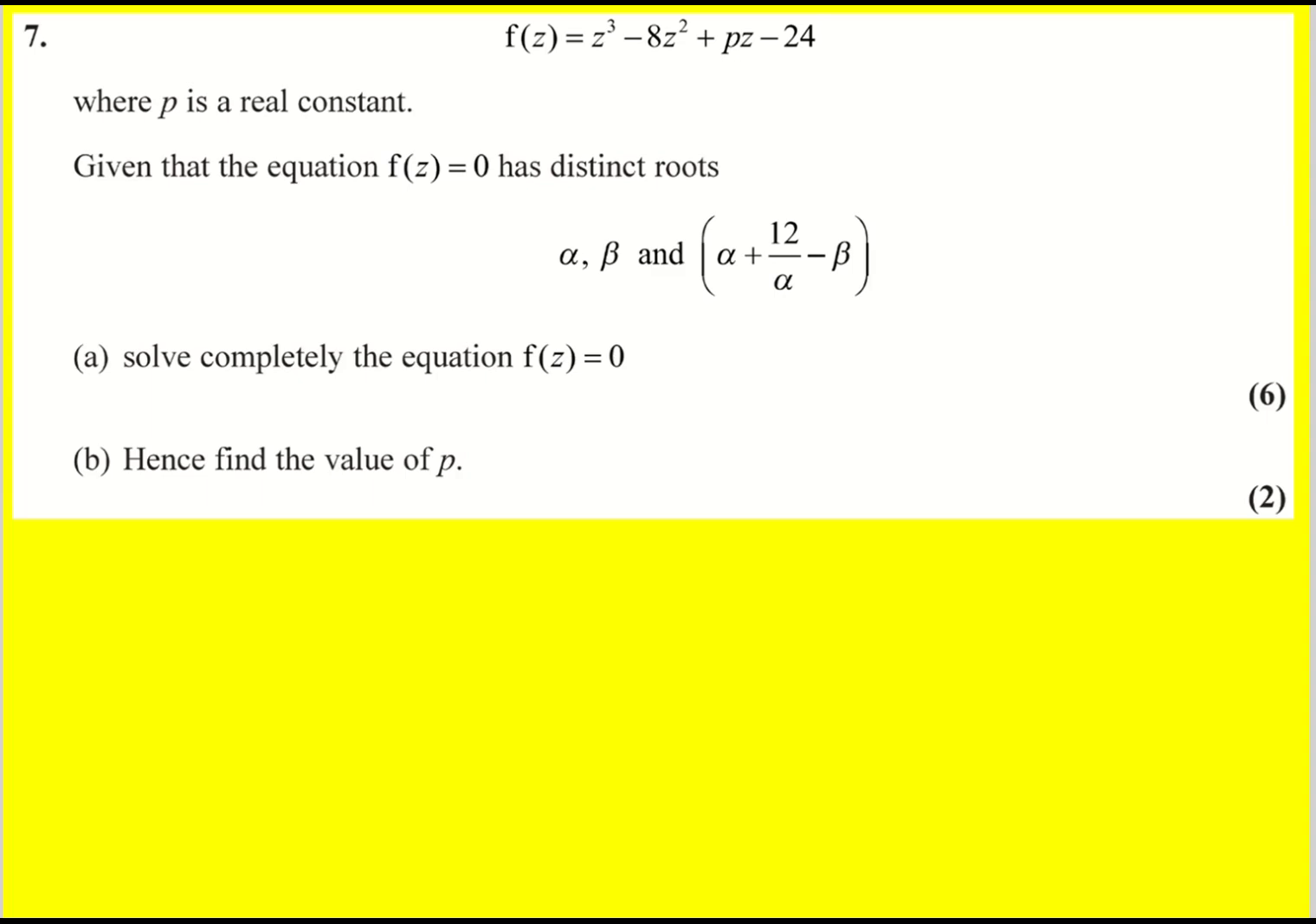Given this cubic, we're told that the equation f(x) = 0 has distinct roots alpha, beta, and the third root is actually in terms of alpha and beta. I mean, this would normally be our gamma. We're asked to solve the equation completely. So remember your summation formulae for roots. The sum of all the roots is going to be minus b over a,